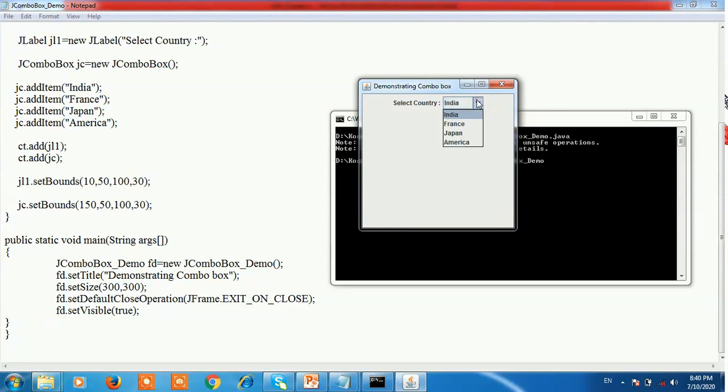The JComboBox has a drop down list. These are the items added into the combo box: India, France, Japan, America. And Select Country is a label. This is a sample program of the JComboBox.